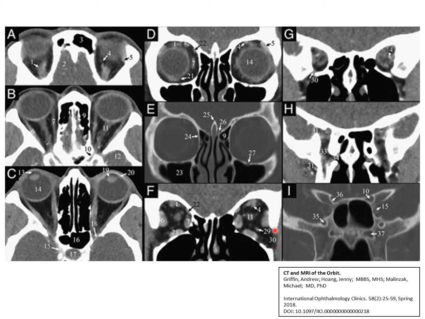As we progress posteriorly, the masticator space, which is labeled as item number 13 here, and on this CT scan it is not labeled, and a portion of the inferior orbital fissure. Item number 4 is the superior ophthalmic vein. In this section H, which is the image at the level of the posterior orbital apex, it is showing the masticator space, having the masticator muscles. This is the pterygopalatine fossa